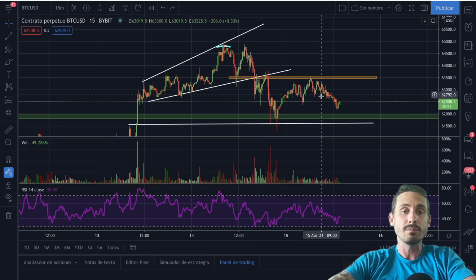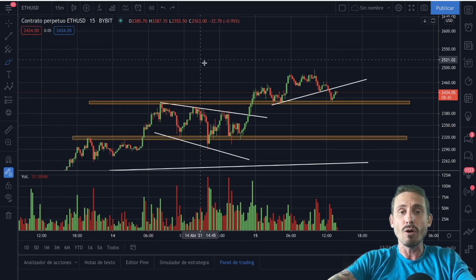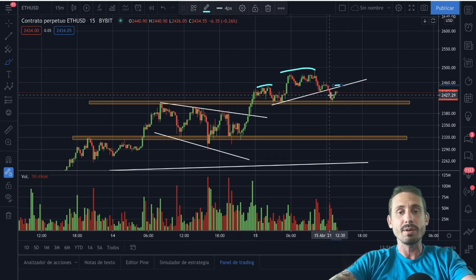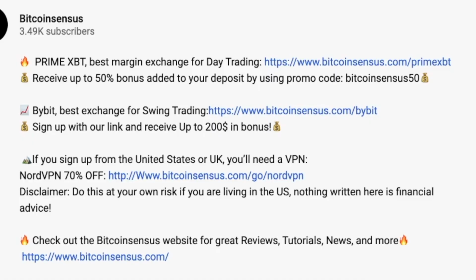We'll be discussing some different levels here and some different patterns potentially for the Bitcoin price. Also, Ethereum may be forming a head and shoulder pattern, as you can see here on the 15-minute chart. We'll be discussing this in today's episode. We'll be checking out Litecoin, and if you are interested in trading any of these pairs, you can do it